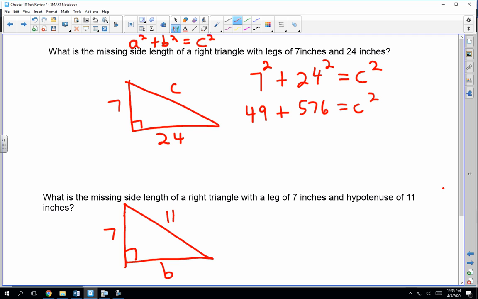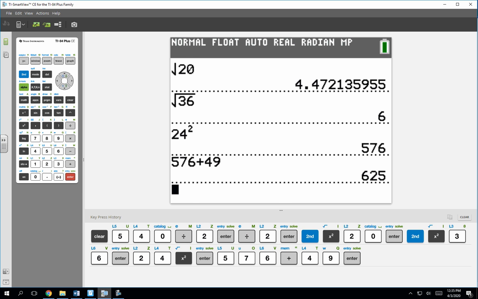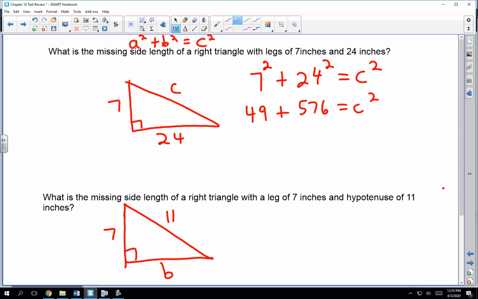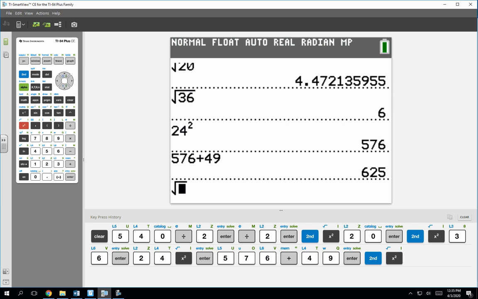Then go ahead and add the 576 and 49. That gives us 625. So I've got 625 equals c squared. And then we take the positive square root of each side. So c equals whatever the square root of 625 is. Not sure what that is. We'd go back, hit second and the x squared button, do the square root of 625, and you'll find out